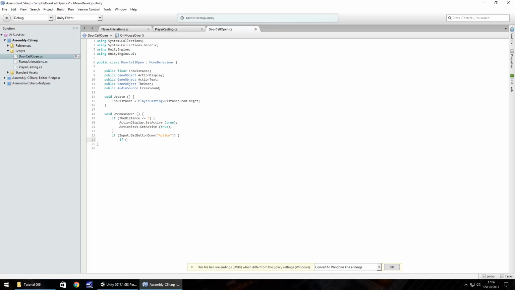So if the distance is less than or equal to 3, again, so obviously if you want to be further away from the door, you would have that number higher. If you want to be right up to that door, you would have a lower number. But I'm just doing 3 now as a generic number. Then open curly bracket. So what we're saying here in this if function is, if we're pressing the action button and then if we're less than 3 to the door, then what we need to do is disable the box